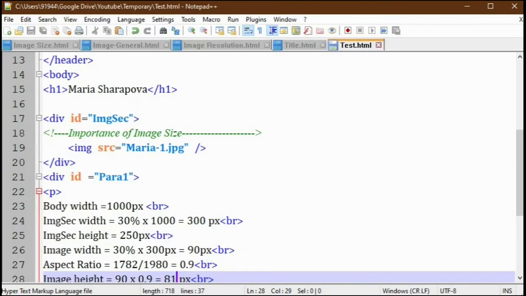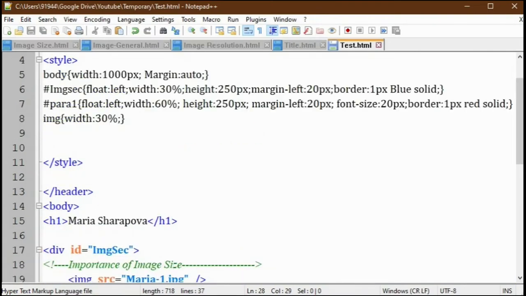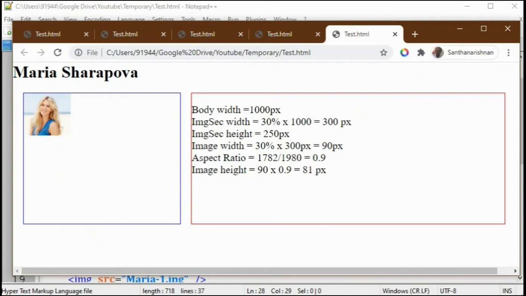Now I have removed the height and width parameters from the image tag, and I have added the image selector in the CSS code. And in that I have mentioned the width as 30%, not 100%. Then we will save it and run it. You can see that the image has gone to a very small size.